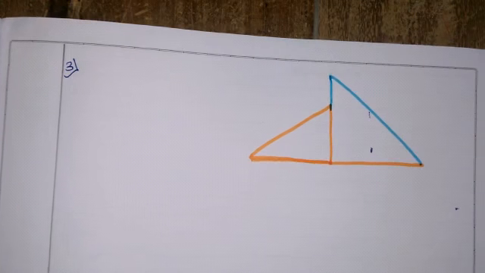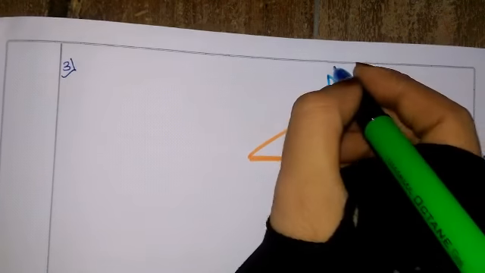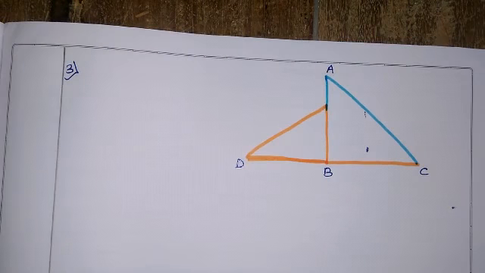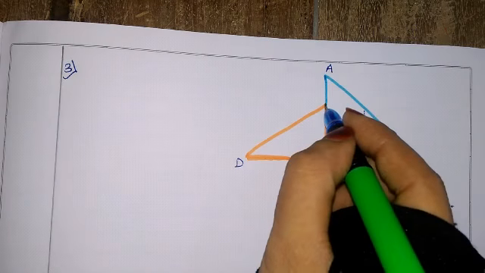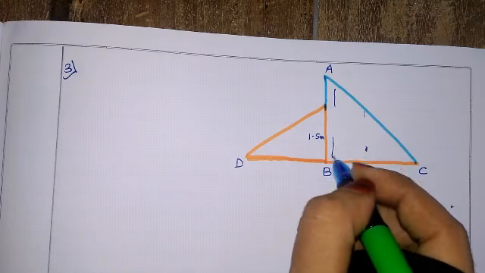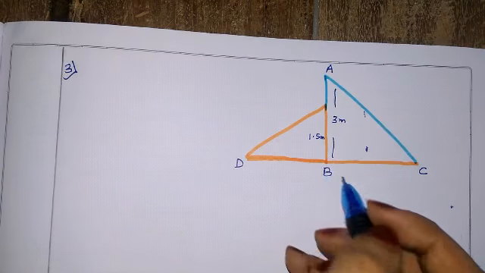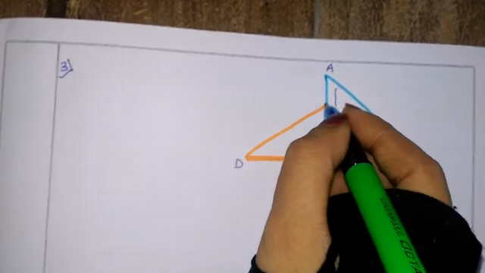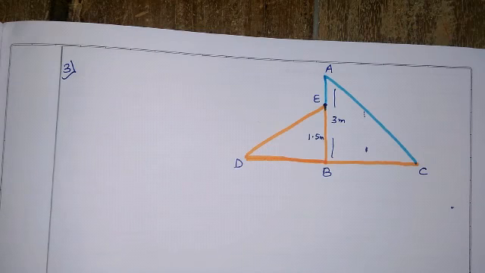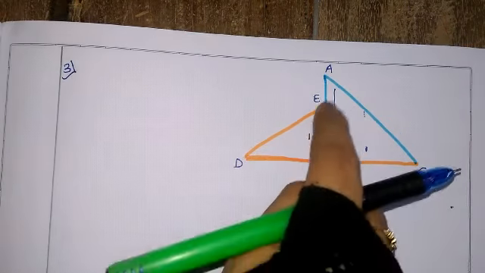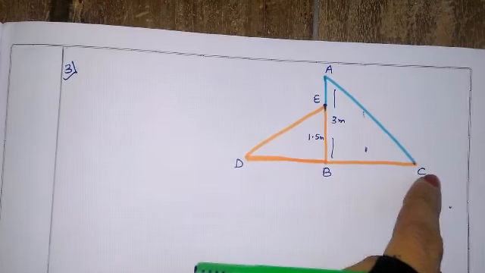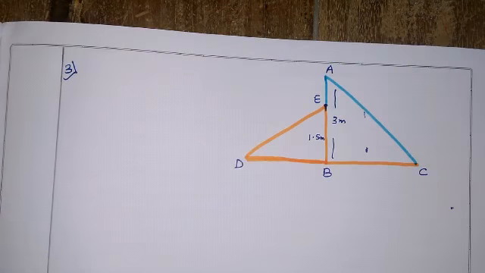So, let us write here. I'll give the names A, B, C and D. Now we can see they have told the small slide is of height 1.5 meter and the big slide is of height 3 meter. Here also we'll give the points A, B, C, D, E. Now we have to write what they have told here. Find the length of each slide. DE and AC we want to find. It's very easy.